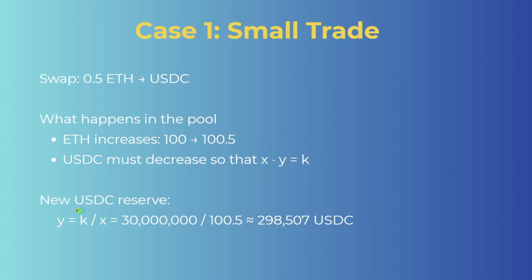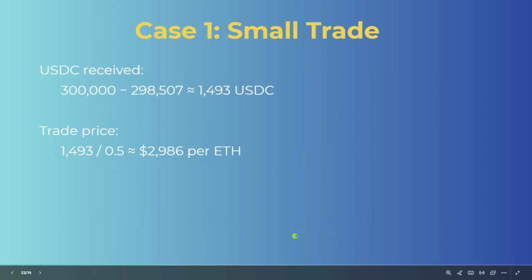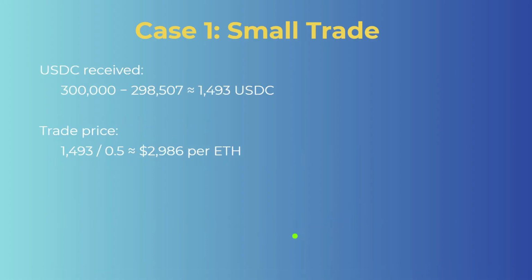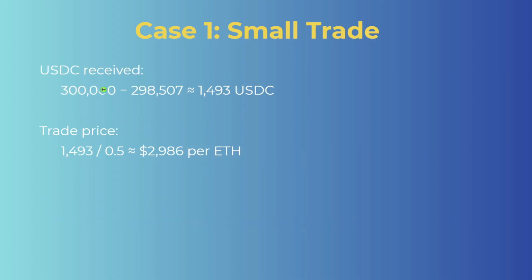So this means that we have a new USDC reserve that is calculated from the K that we calculated before divided by this new value of ETH. This is the amount of USDC that will stay in the pool. And this means that the user that is making the trade, that is giving the 0.5 ETH, will get in return this amount of USDC,